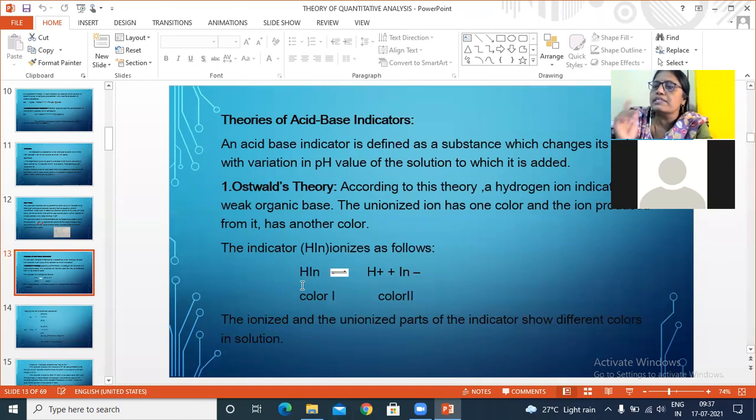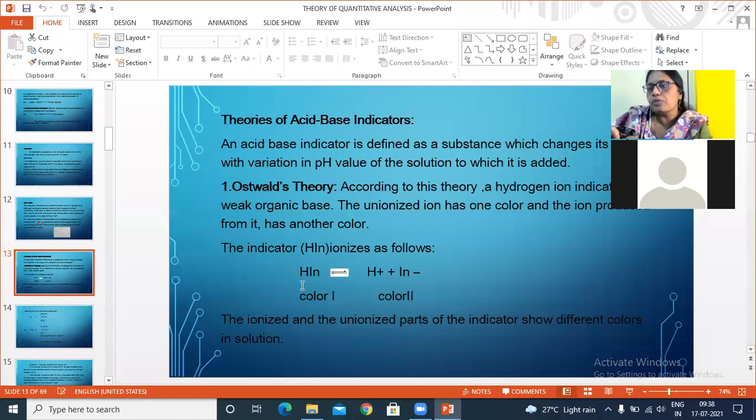Instead of acidic medium, if it is a basic medium, for example, basic medium means OH minus ions, like sodium hydroxide if you take it. Then if you add an indicator, what happens? From NaOH, OH minus ions are liberated, Na plus and OH minus. And the indicator, if it undergoes dissociation, gives H plus and IN minus. The H plus ions liberated from the indicator are ready to react with OH minus ions liberated from sodium hydroxide, which converts into unionized water molecule, H2O.